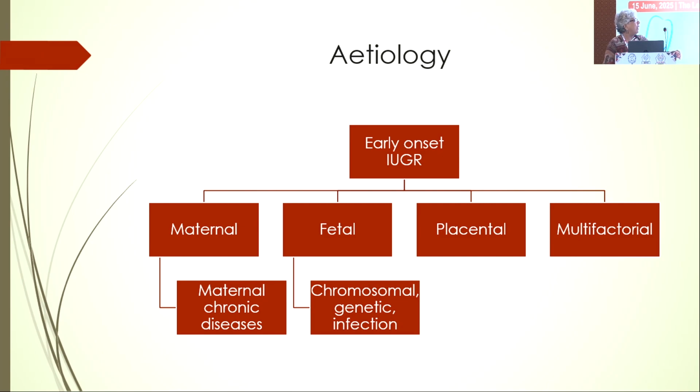are quite common. But whenever I get a very early onset, like in an anomaly scan, if I'm seeing that there is a growth lag, what I will do is see the fetus as a whole to rule out any structural abnormality, any phenotypic spectrum for any syndromic disease, and I want to rule out chromosomal or genetic association by doing an invasive procedure, as well as amniotic fluid PCR to rule out infectious pathology. When I have ruled out all these things, the next step is to monitor. Because now I have ruled out all the other causes and my focus is on the placental causes.